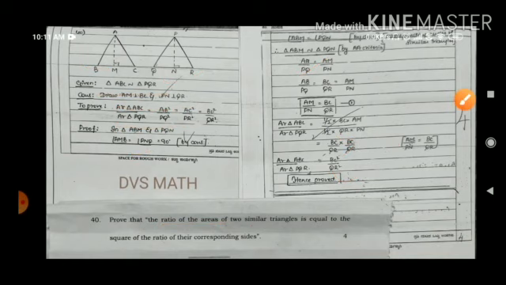So this is about the review of a particular student paper of the KSEB examination March 2019. Please, as I told you, follow the steps and the presentation part, and score more.